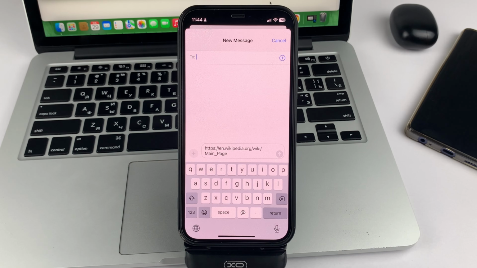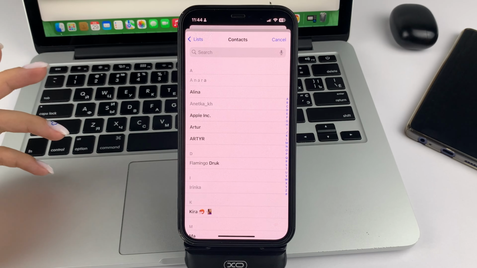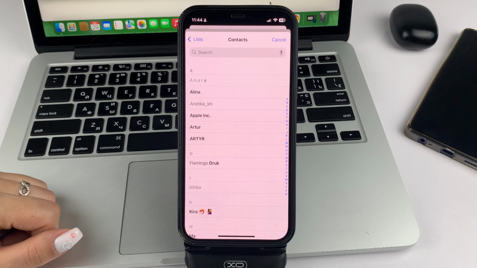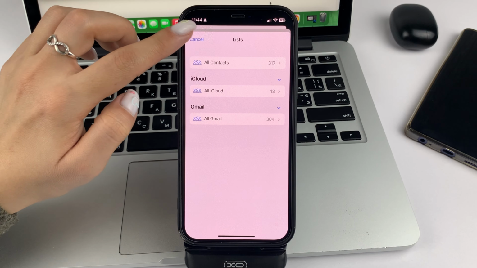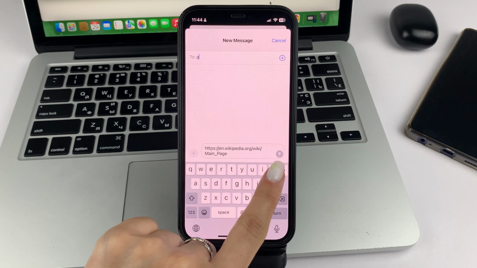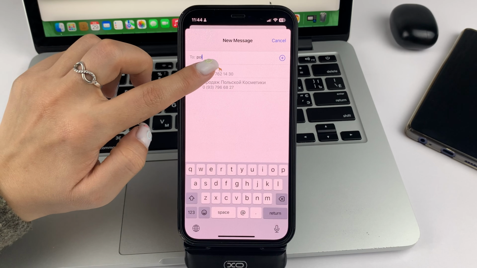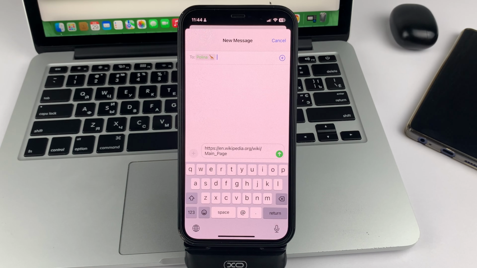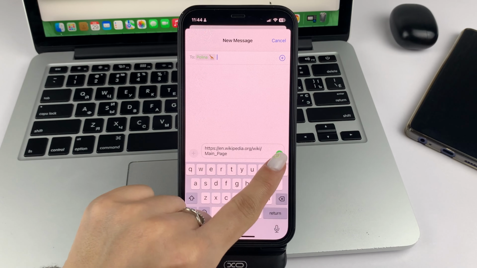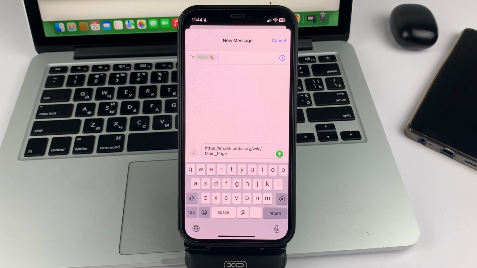And then you have to click on the plus sign at the top to select the person from your contact list. Or you can just type in their name and select that person. After that, you just need to click on the green arrow. This way you will send such a link through a message to someone on your device.